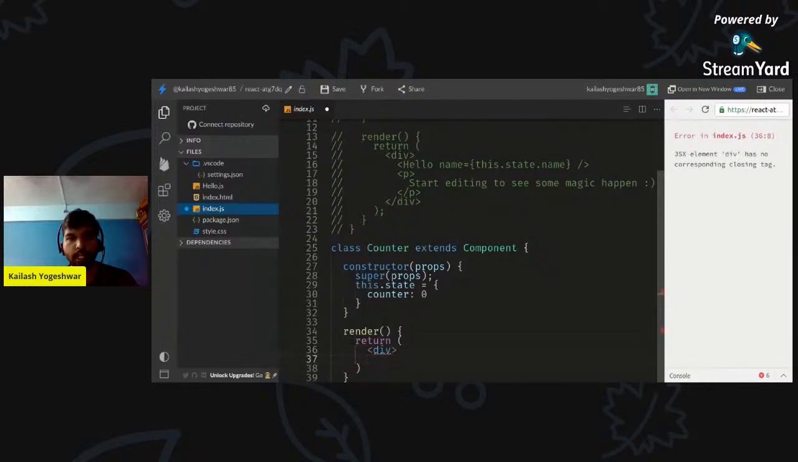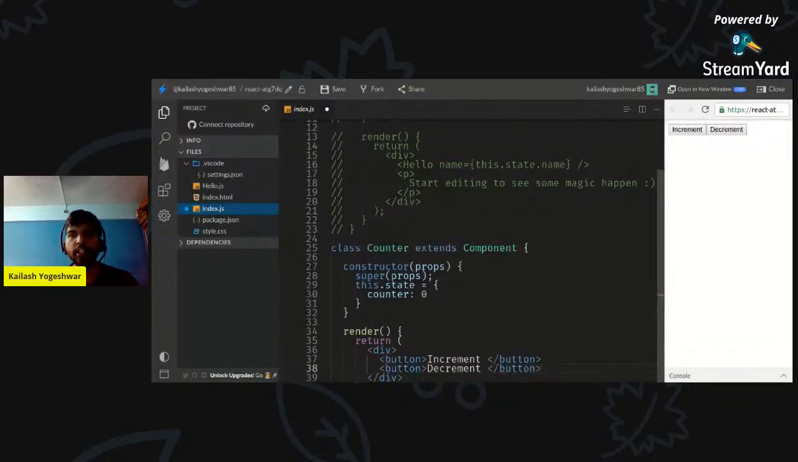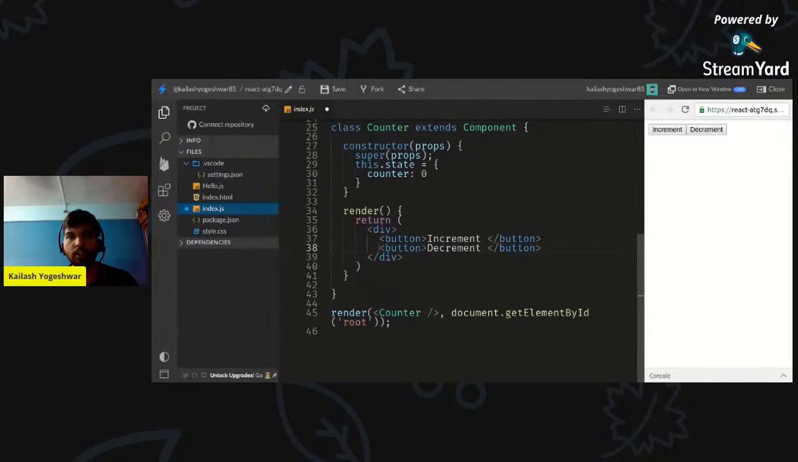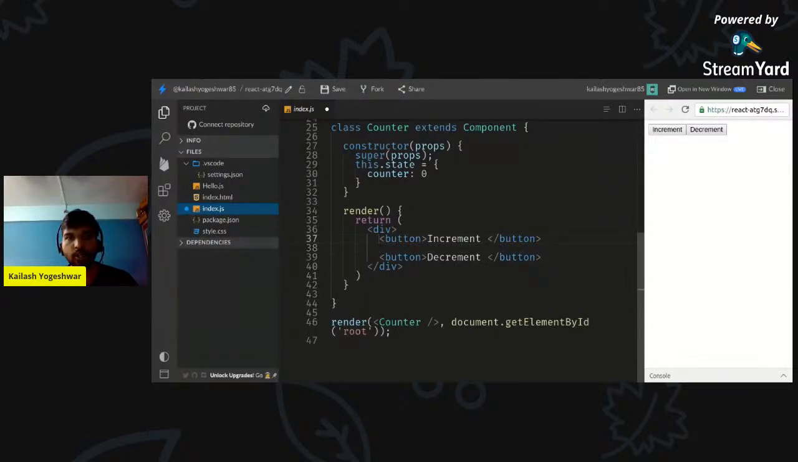Okay, so we'll be having a container, then we'll be having buttons, increment, and we'll be having a second button. Okay, so you can see on the right side, the UI at the same time. It's visible on the right side as well. Okay, so I'll try to change this so it's a bit more